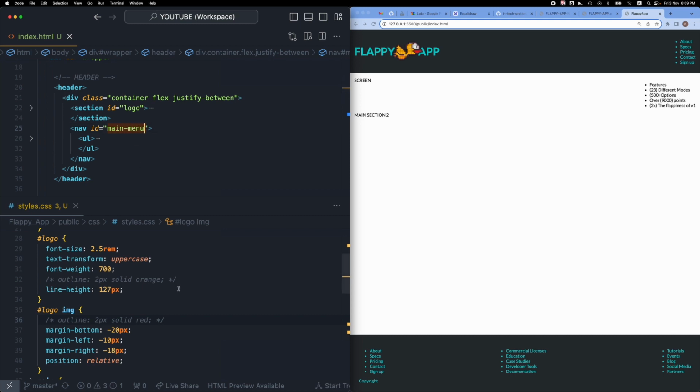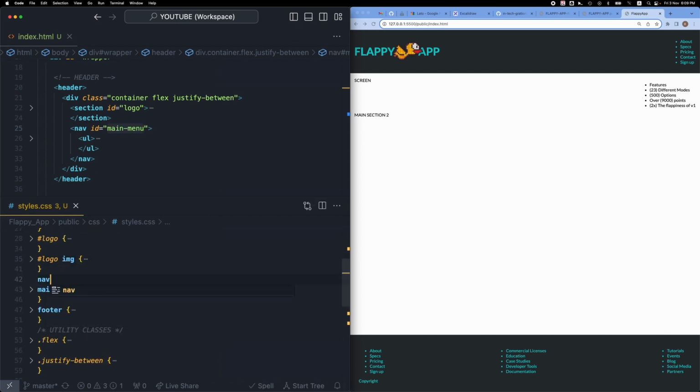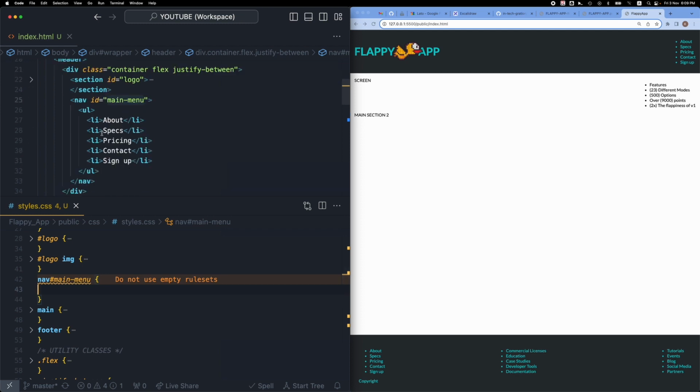So I'm going to use this ID and I'm going to fold some of these elements and go here, nav, main menu. I put the nav element just to remind me that I'm targeting a navigation element. I can also use the ID only, depending on what you like. And in order to make these elements be laid out horizontally, instead of the default vertical stacking, I can go inside the nav, inside the UL,